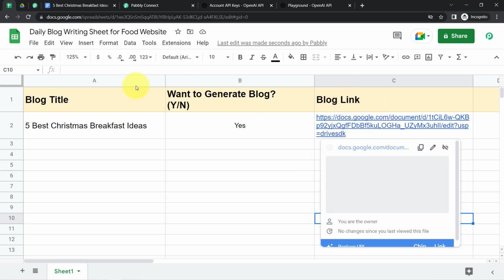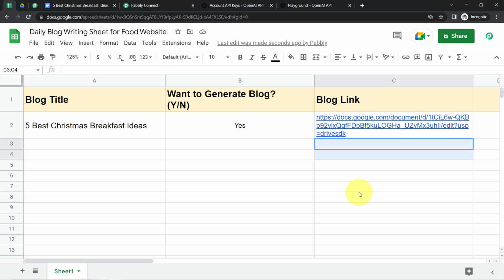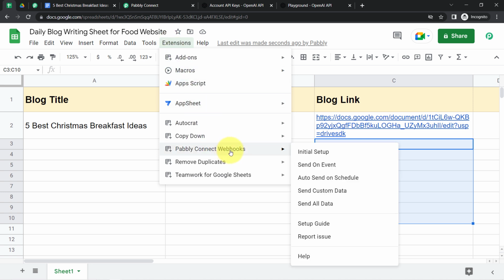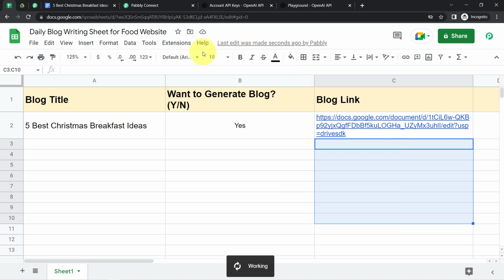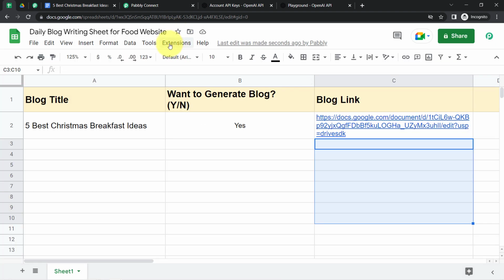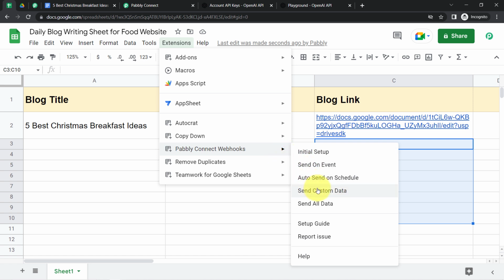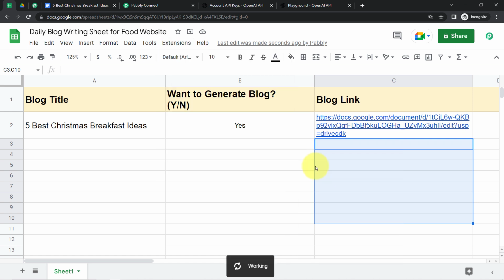So this is how now onwards, as soon as you're going to add the title here, the links will be updated automatically. But for that you will also have to enable one more very important setting, that is, okay, I have by mistake clicked on the initial setup. Okay, clicking on extensions section, and you will have to enable this send on event option. I'm repeating this again, that you will have to enable the send on event option in order to execute this